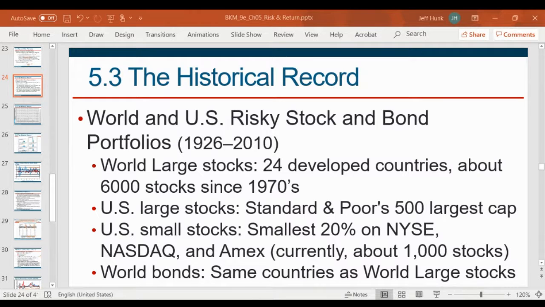Well, the data pool for the selection criteria for the world's largest stocks is Bloomberg MSCI data, right? MSCI is, like, Morgan Stanley,